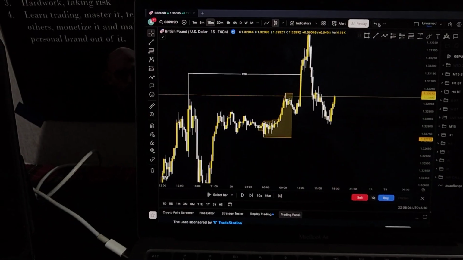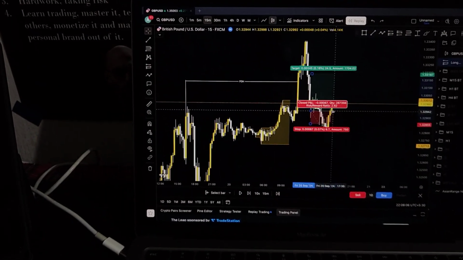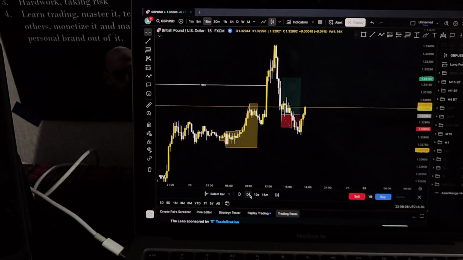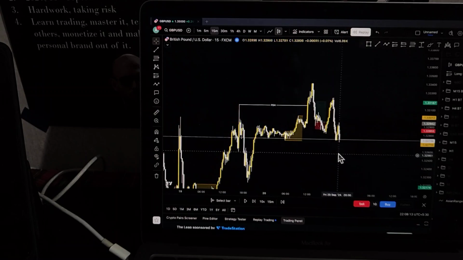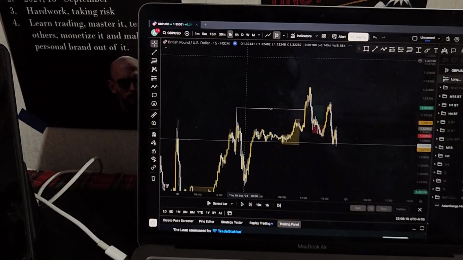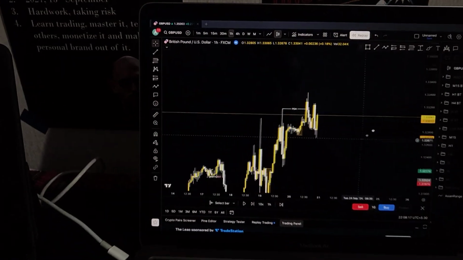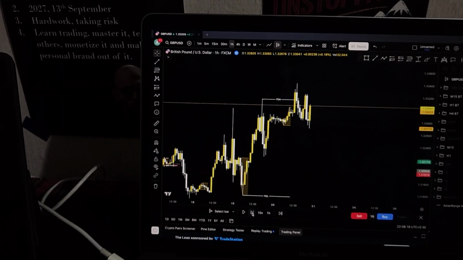So this trade here would have been a loss for me. It is not like we don't take losses. We take losses, and those are part of the game, bro. If you want to survive in this game, you have to understand: the sooner you understand that losses are part of the game, the sooner you are going to survive in the markets.